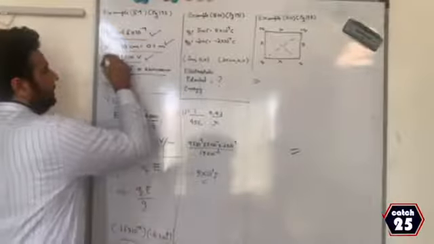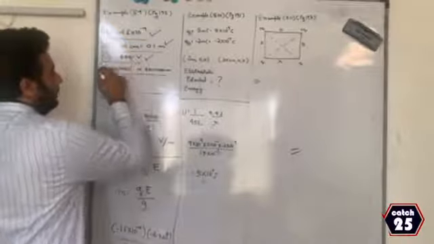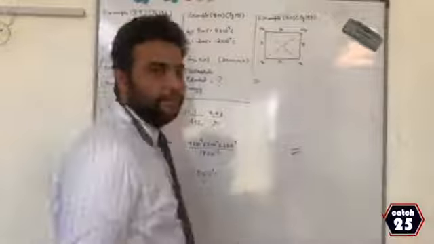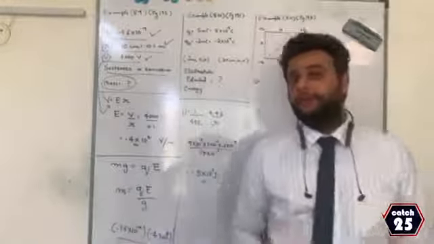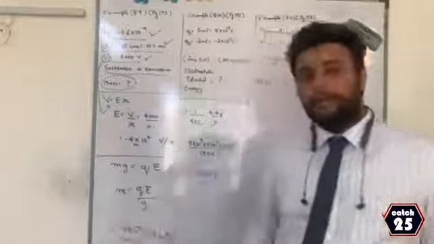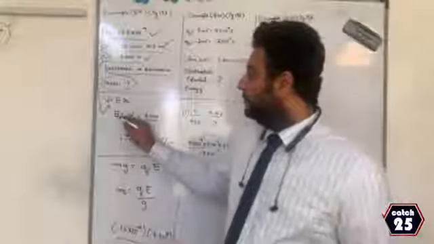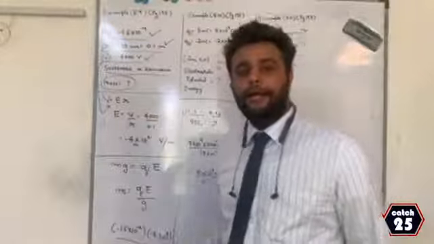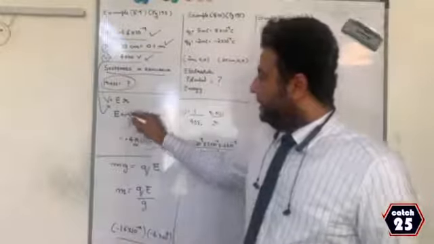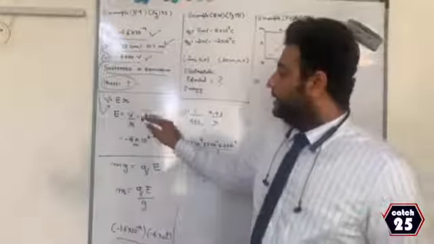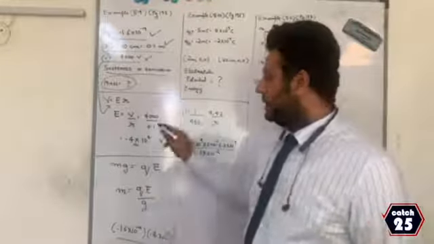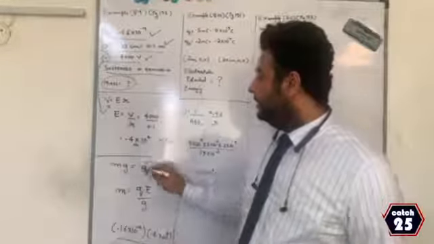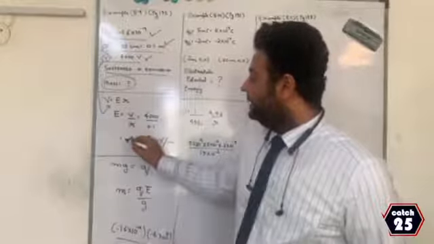First, see, V is given, R is given, and you know from our formula table, V is equal to ER. In the textbook they have used differential. There is no need to get confused with the differential. We can directly use this formula, V is equal to ER. From there, E is equal to V by R. V is 4000 and R is 0.1. Therefore, I will get the answer 4 into 10 power 4, but I have taken it as negative.